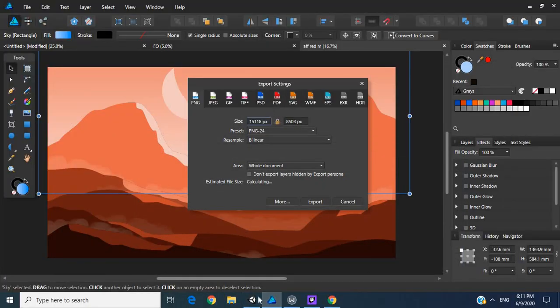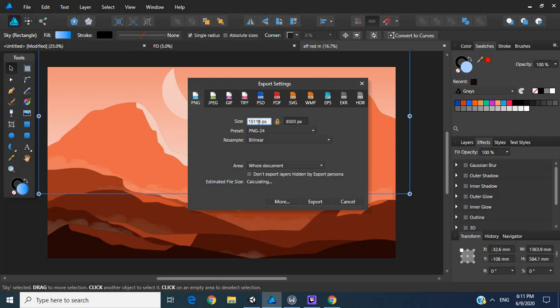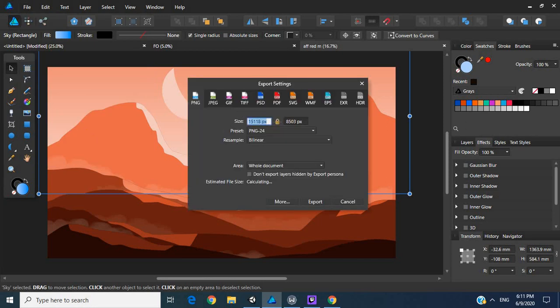Our game is four by three. I feel as if I didn't create a 4:3 size image. Yeah, I don't think I created a 4:3 size image. But for this tutorial, I'm just going to show you. I'll correct it in part 6 when we work with the next part of our game, launching the ball. So let's export this